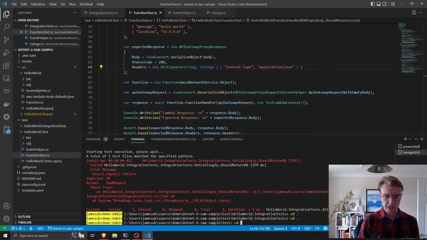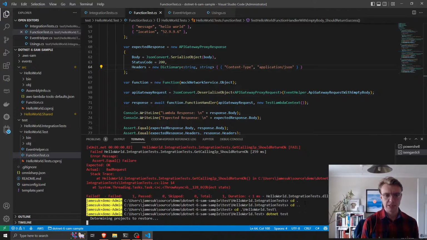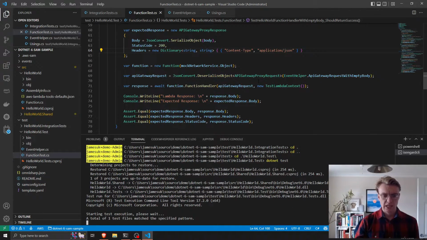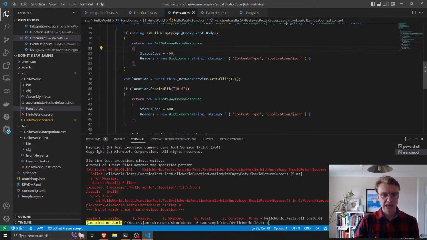And if I go back to my unit test now, we would expect there to be one failure because I'm now passing in an empty body, but I'm expecting a successful response, and that should give us one error. Excellent. So if I go back to my function now and I